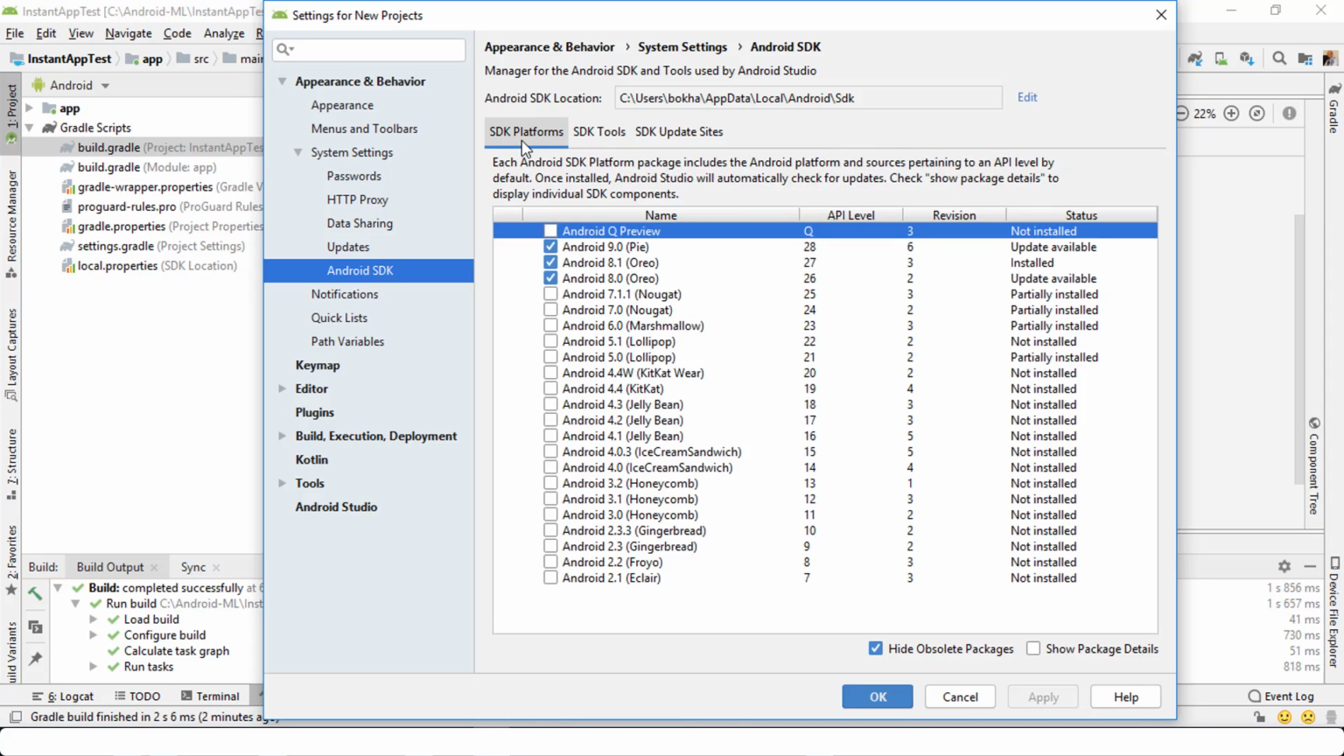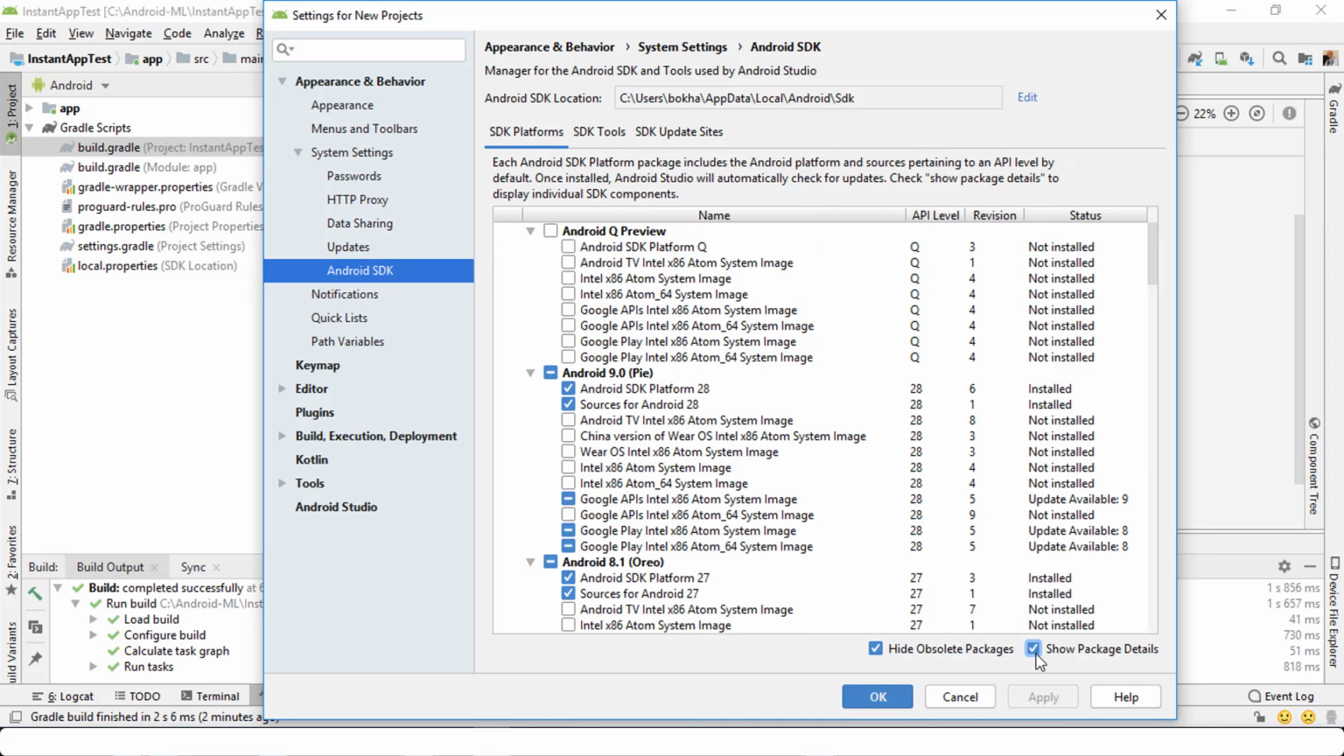And within this particular tab, SDK Platforms, let's click on Show Package Details, and you will notice it's going to display or expand the Android Q Preview. Now from within this, you can, of course, install either the Intel image or the Google API Intel Atom 64 image, and so on. And again, it depends on what it is that you wish to install. So I'm going to go ahead and select